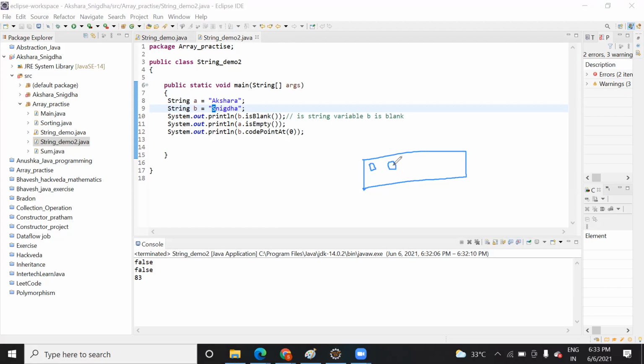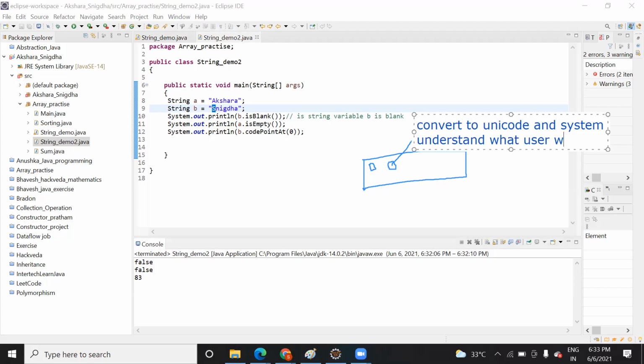When you press a key, internally it is converted into a Unicode value. So when you press any key, it converts into Unicode, and then the system understands what the user wants to enter or write. These Unicode values range over different values, not only 0 and 1.